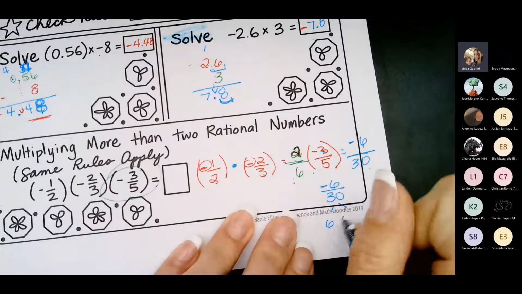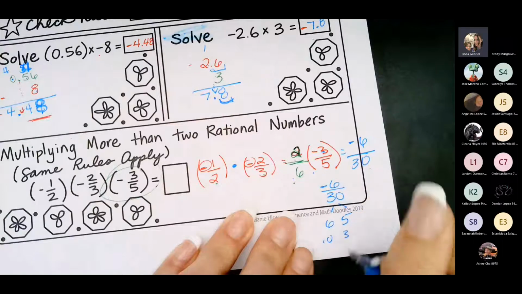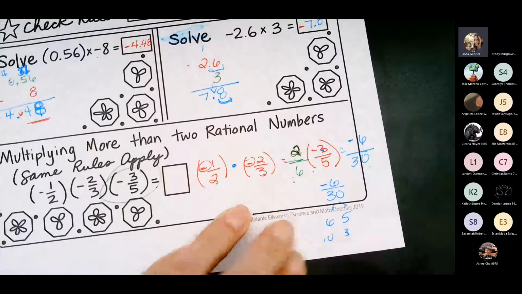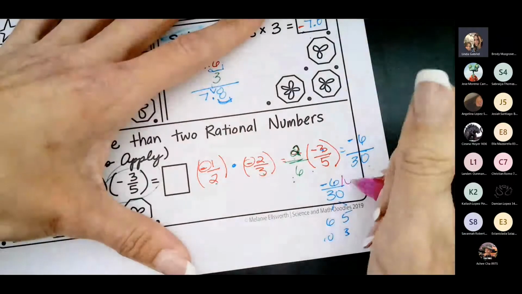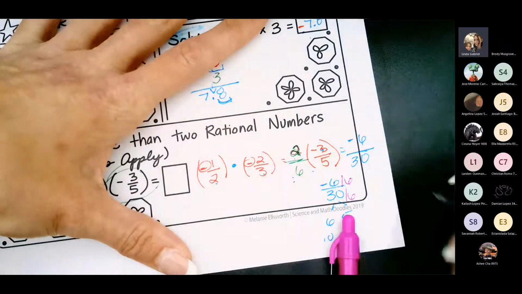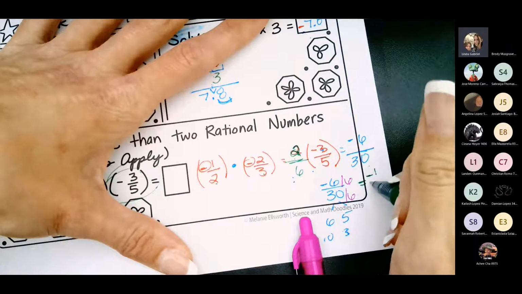I have 6, 5, right, for 30, 10, and 3. I could actually divide 6 by 3, and I could divide 6 by 6. If I divide 6 by 6 and 30 by 6, that is my simplified fraction, -1 over